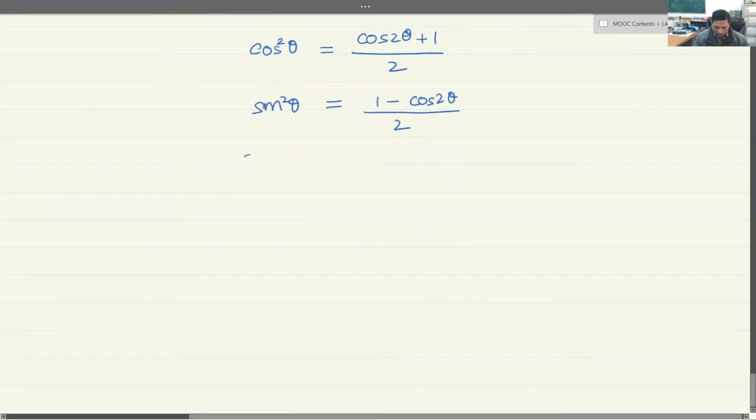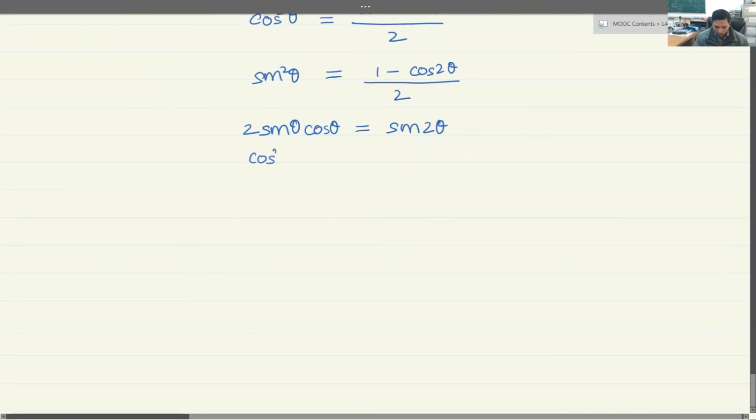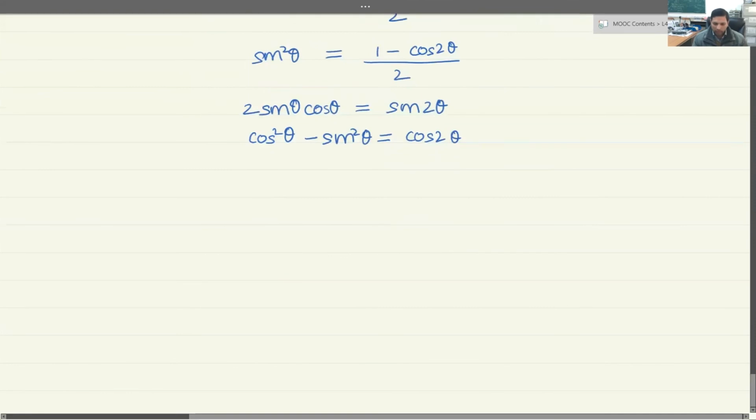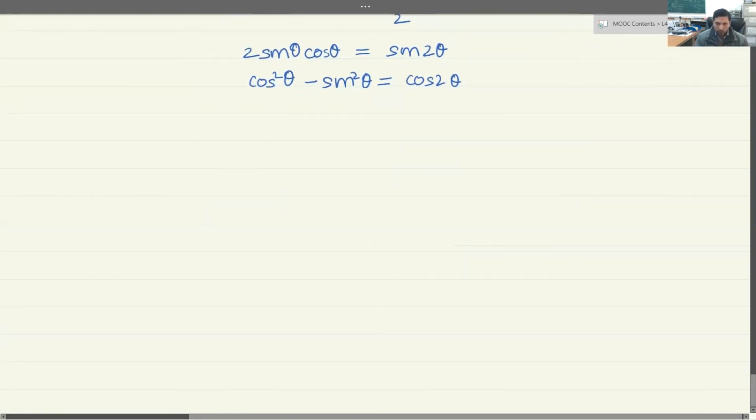You would see why 2 theta becomes a characteristic value compared to theta. And another equation that may be handy is 2 sine theta cos theta is equal to sine 2 theta. And similarly, cos square theta minus sine square theta is equal to cos 2 theta. So now once you apply these equations over there, what you would get are the following equations. So this will become your go-to equation whenever you want to do any transformation. Sigma x prime equal to sigma x plus sigma y by 2